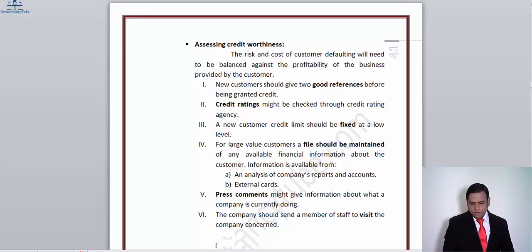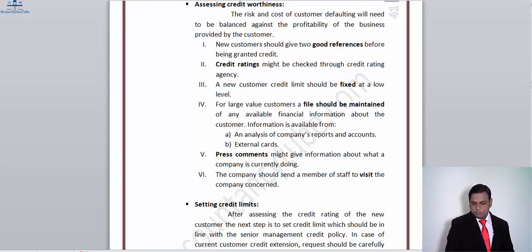Press comments. Irrespective of whether a company is highly secured, press comments matter a lot when it comes to giving credit to customers. They will give information about what a company is currently doing. The company should send a number of staff to visit the company concerned. In rare cases,